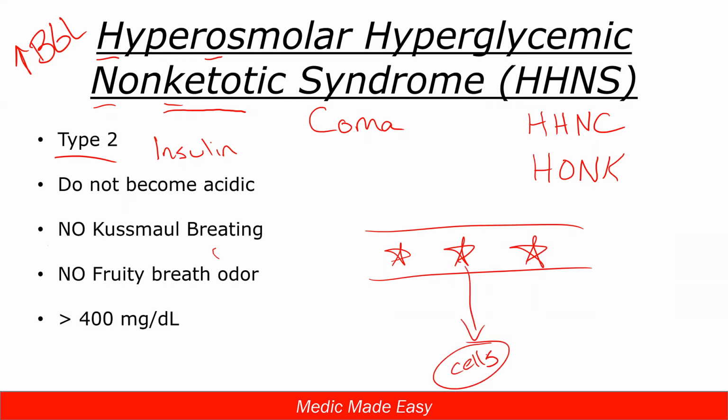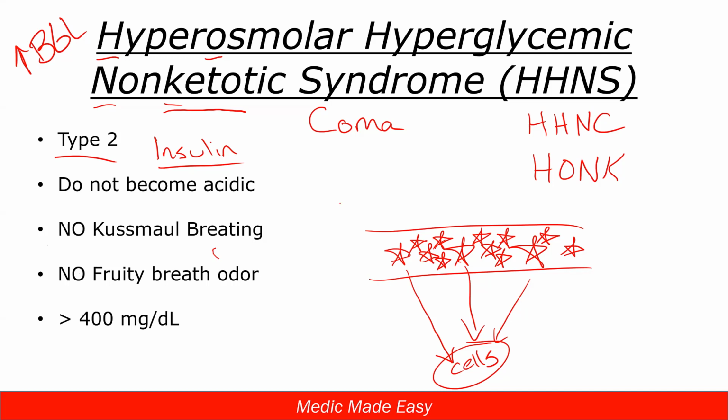Some of that sugar is getting into the cells. That's what we need to have happen because our body is still making some amount of insulin. It's still able to utilize some of that blood sugar, but our body has that resistance to insulin. And so what ends up happening is we're not utilizing the blood sugar fast enough for our dietary input, how much sugar we're adding into the system. So periodically our cells are getting some of that sugar, but we're just stacking more and more blood sugar inside the bloodstream.